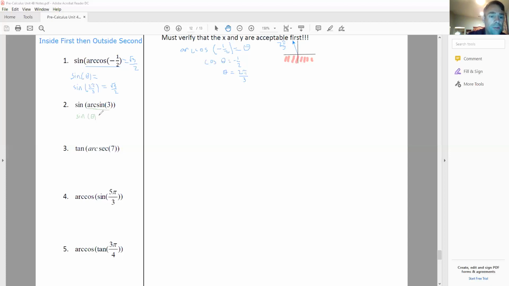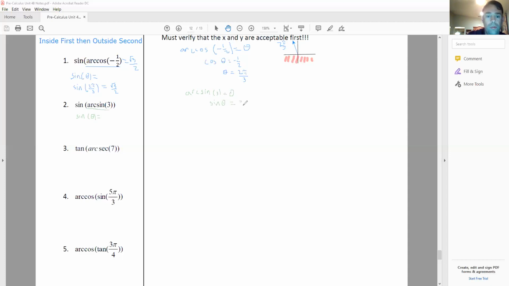Now, some of you guys are going to look and say, oh, sine, arc sine, they're inverses. They can just cancel each other out. Well, a lot of times they can, but you still have to confirm and make sure that it's actually okay. Which probably alludes to you that this one isn't going to be okay. I'm hoping you found that. So I'm going to start off here. Arc sine of 3, well, that's equal to theta. So sine of theta